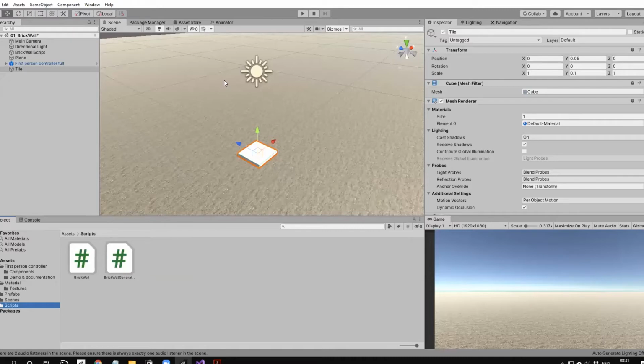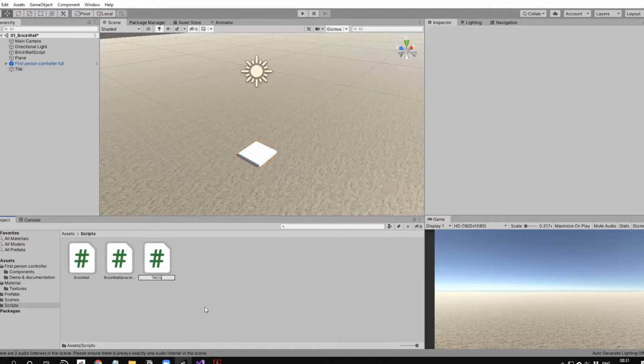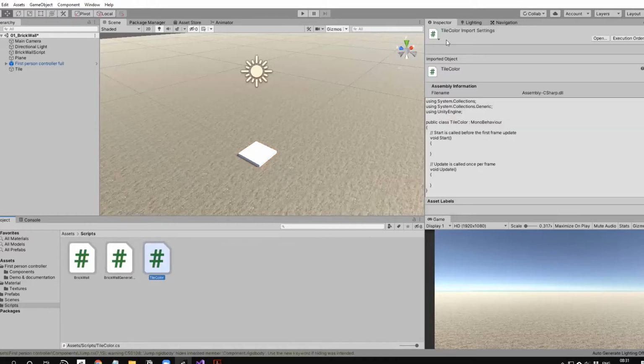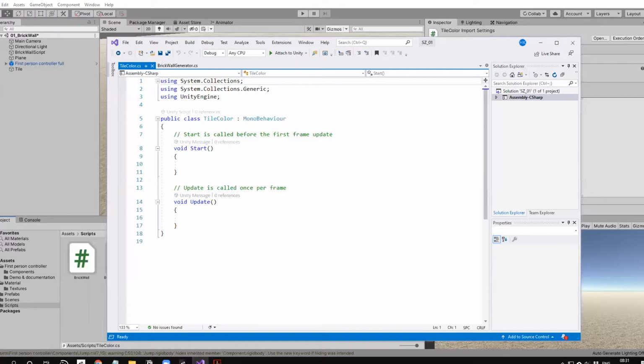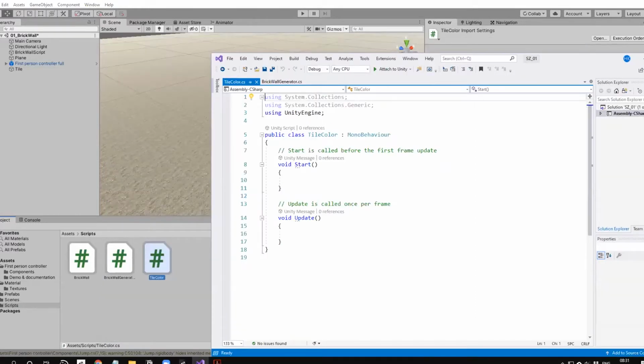Another script, which is tile color. So we can change the color of the tiles inside of the script as well. You don't always need to bring from the materials. So here,